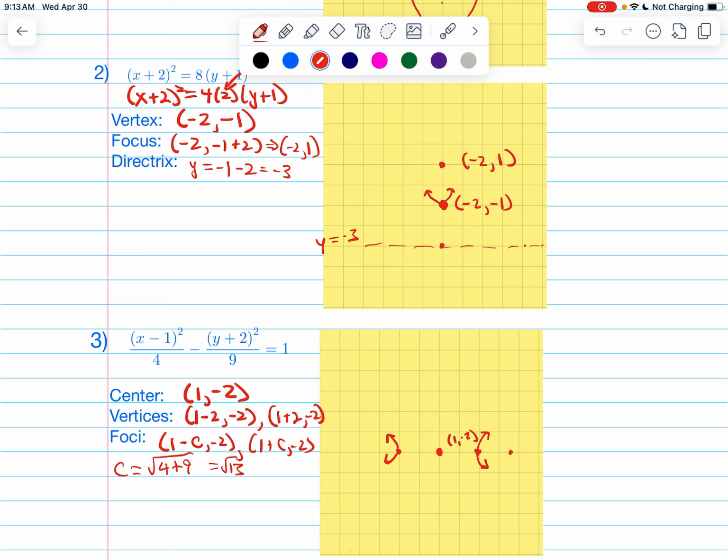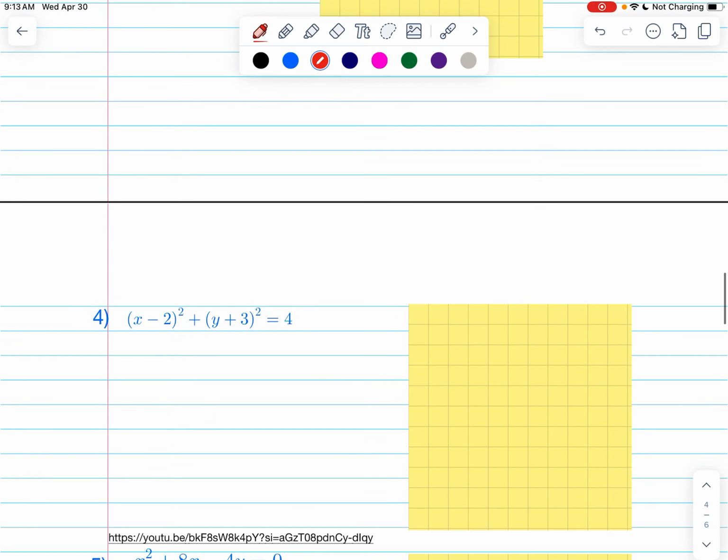Yeah, somewhere out here. And then 1, 2, 3, 4, somewhere a little less than 4. Okay, something like that. Okay, so this one right here, it has a center